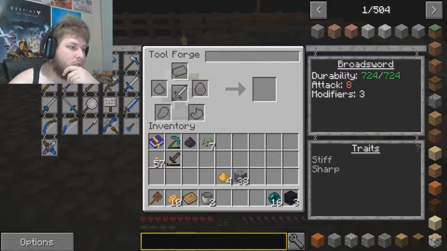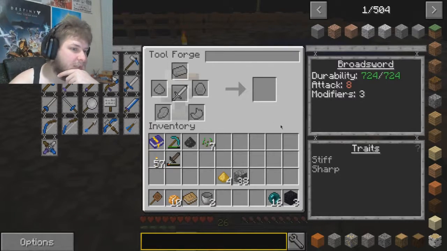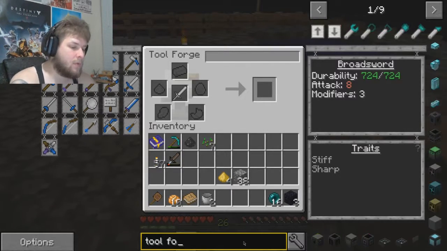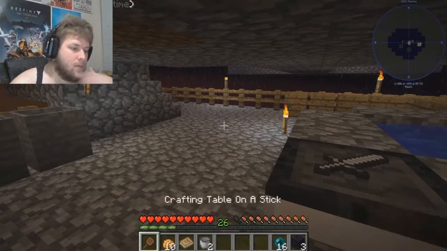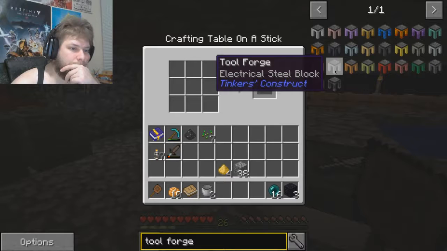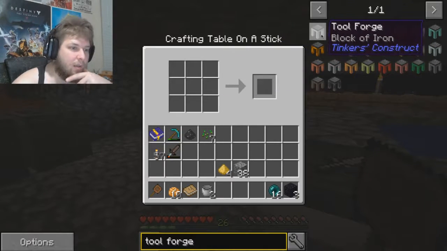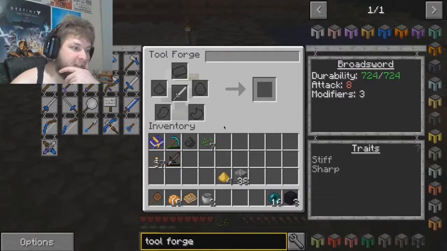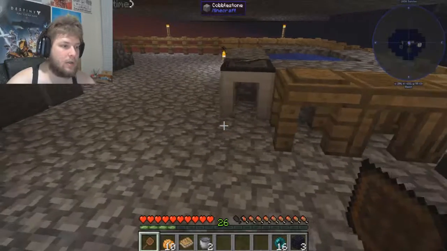I don't understand why my tool forge doesn't look like this tool forge. How do I put the ender pearls and obsidian into this? How do I use the modifiers? See, these are all basically the same thing. This is what I have right now. This is what I'm looking at. This is the tool forge. This is just a tool station. Yeah. So why is it